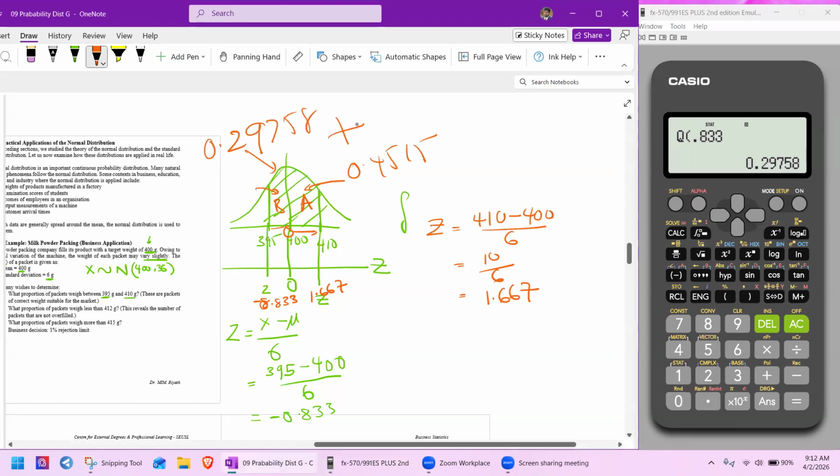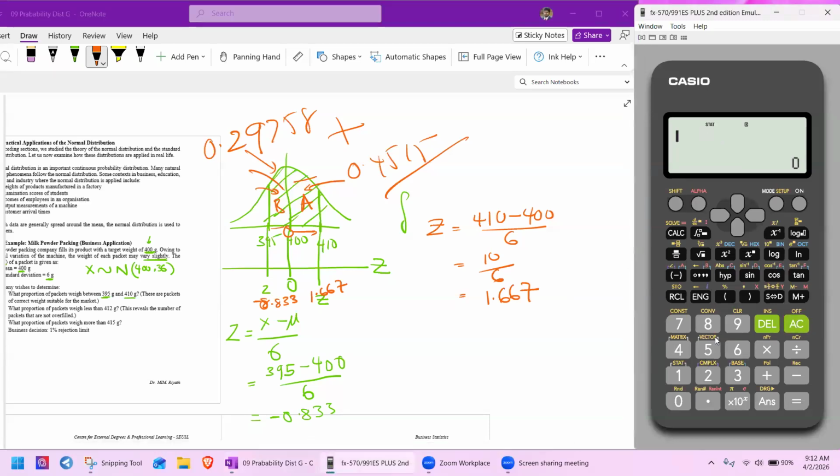So if we add this B and A, what's the value of the probability? 0.29758